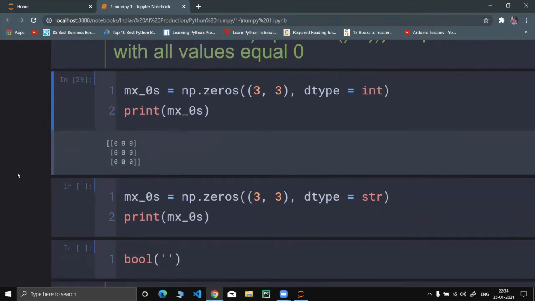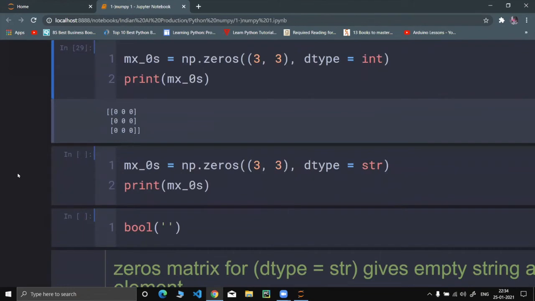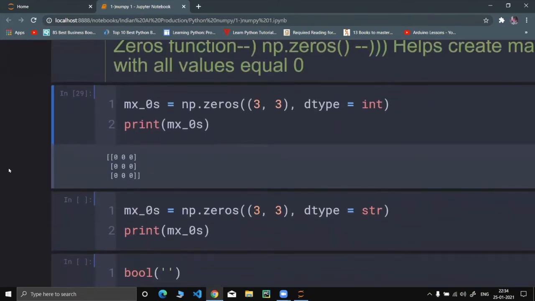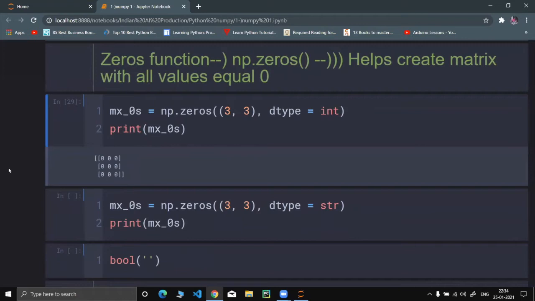All right, perfect. Let me add something here. In np.zeros of 3 comma 3, technically it is a tuple object. You are passing a tuple here. So whatever you use in NumPy, pandas, or anything else, at the end of the day we are using Python objects and Python data types only.